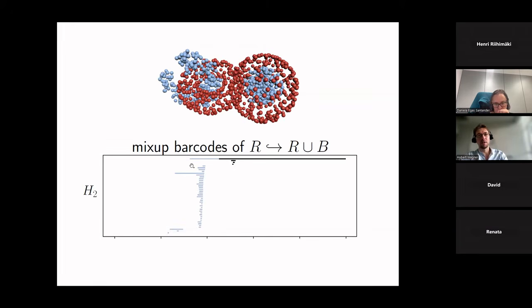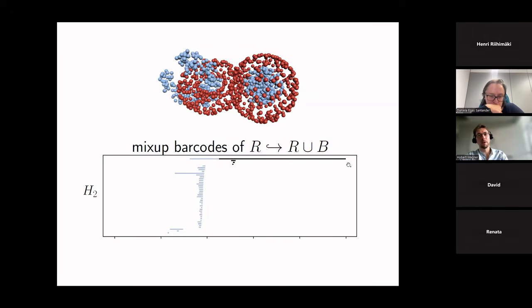Again, this long bar here is just meant to show the persistence of the red points. And here it corresponds to this big void, which is born around this radius and only dies after a significant thickening. So, there is a big red void, and this information is only about the red points. But then, in this construction, we split each bar into what we call the image part and the mix-up part. So we have those two sub-bars, and the